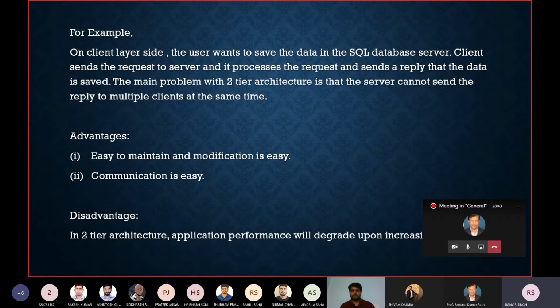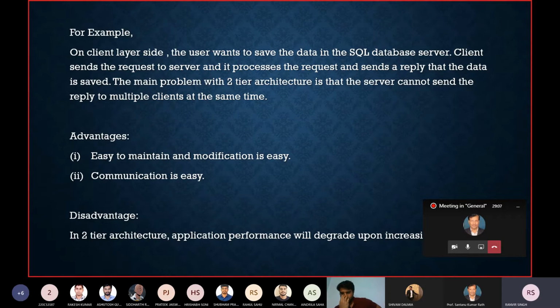Because in the client tier itself, we have the presentation and application layer, it is easy to maintain, and modification is easy. Communication is also easy in the two tier. Now the disadvantage: in two-tier architecture, application performance will degrade upon increasing the users.